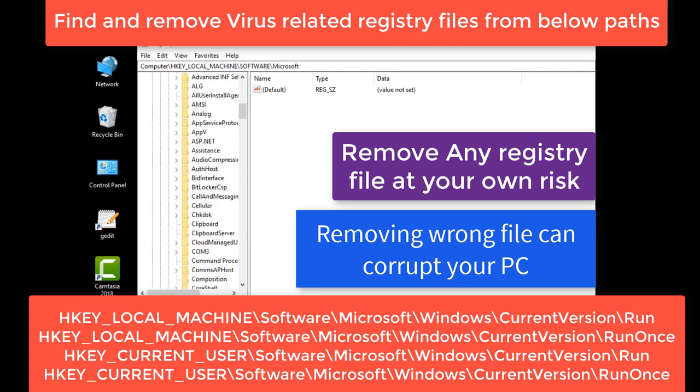But for now we are sticking to the manual removal method. But be sure to check that link and visit that website for automatic removal help if you are not comfortable with the manual removal process.